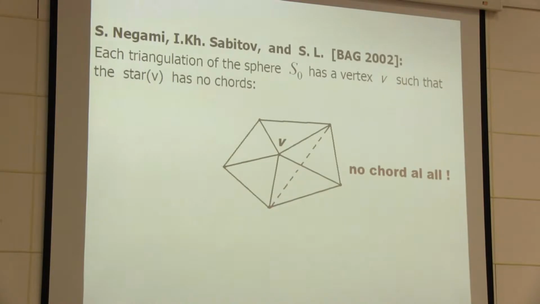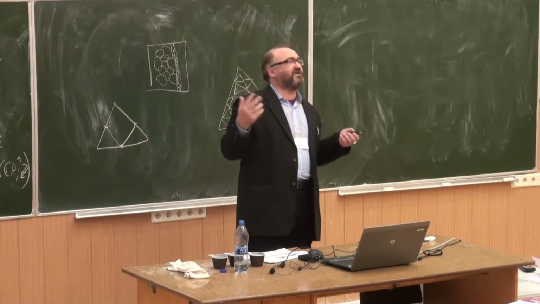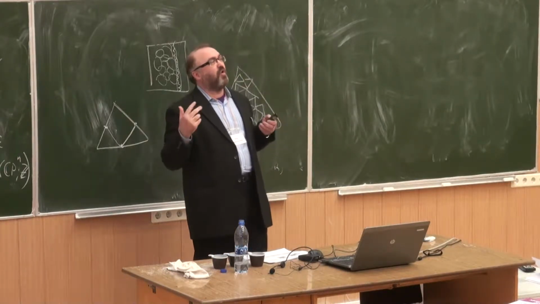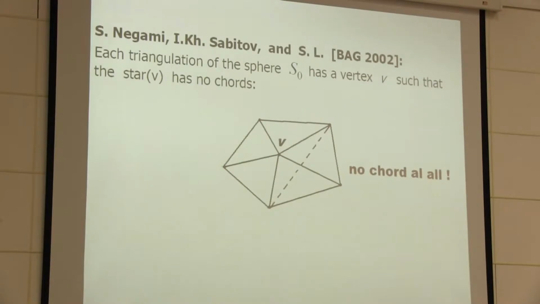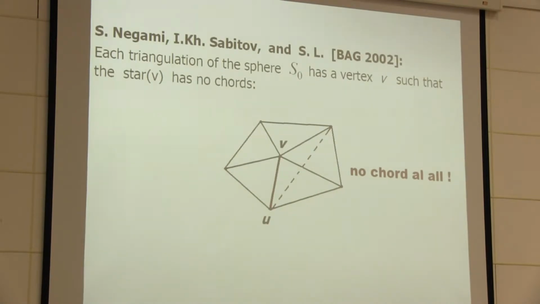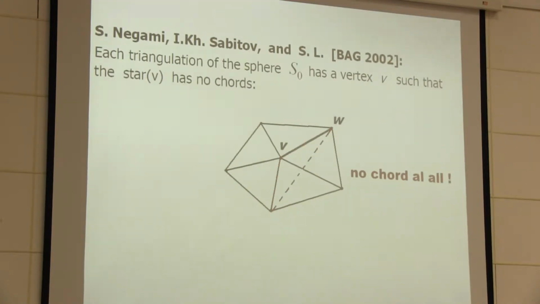But this dotted red edge would be a chord. But we proved that there exists a vertex on the sphere that doesn't have chords at all. So if there were a chord like this, then we wouldn't be able to shrink the edge VU, because it occurs in some non-facial cycle, you see, or we won't be able to shrink the edge VW,